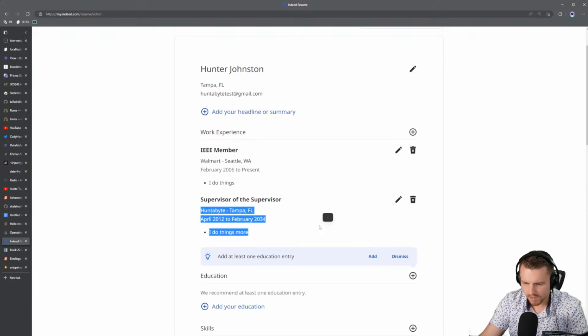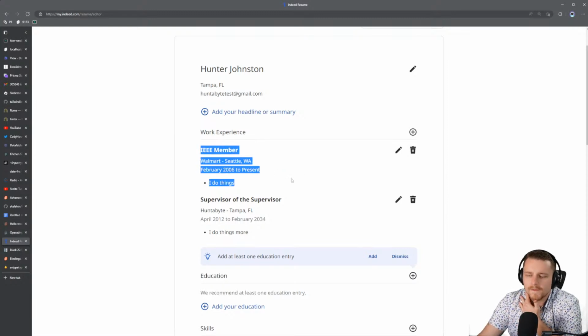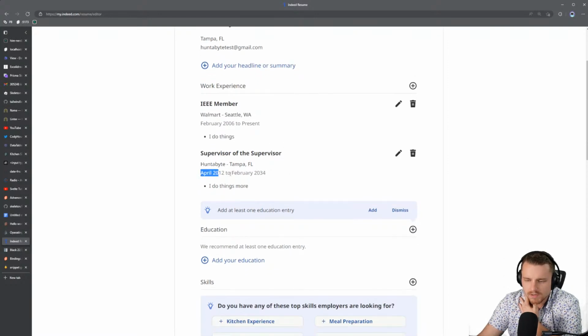Okay, so this is where I'm kind of messing up. So the main things they're going to care about is the title, most likely, which is going to catch their attention. And then they're going to read, this doesn't really matter. I guess this slightly matters to determine how long they've been working there. So they have these two metadatas kind of linked together, and then they separate this. And I think this actually makes things look a bit more